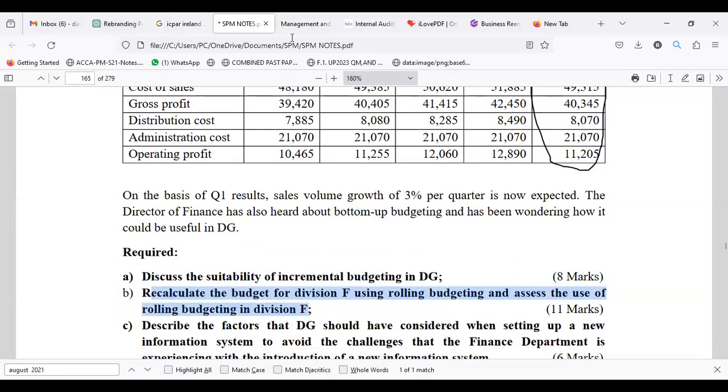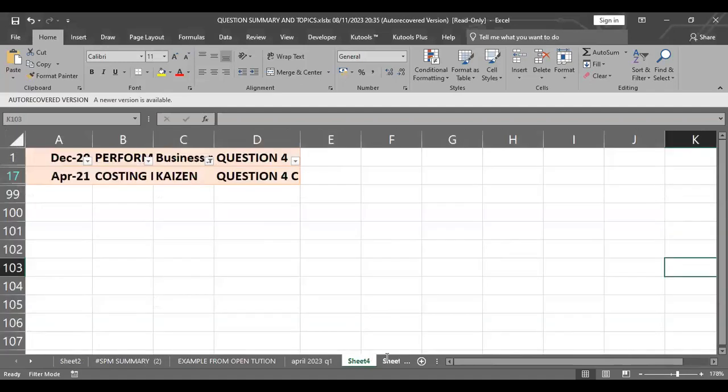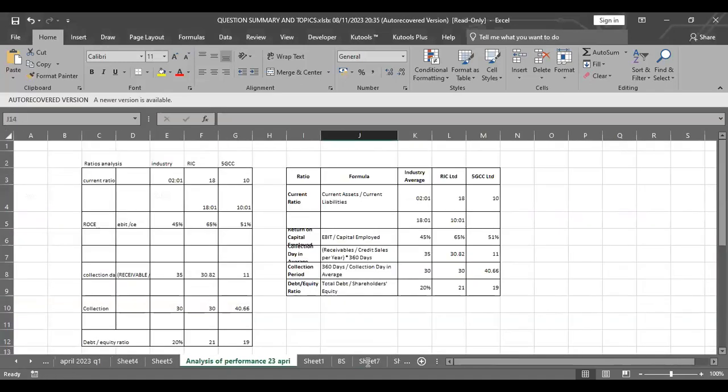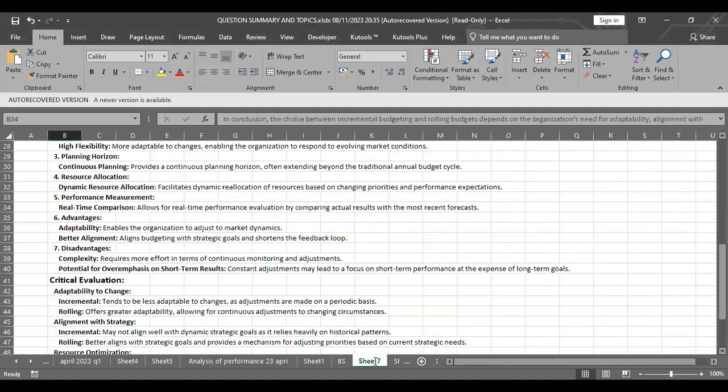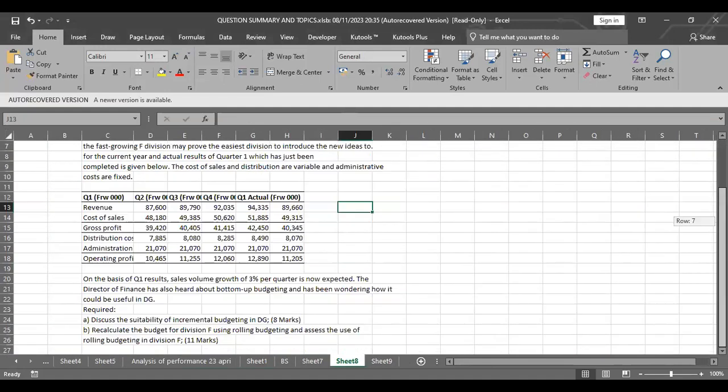So recalculate this. Now, if we go back to the Excel, I think there's an Excel where I had tried to copy paste this. Probably it is this one here. Not really. There's one which did not save what I had done. And I think it may be this one here. Let me see if it saved it there. And maybe, yeah, it's here. So I had copy pasted this here. So this is the issue here.